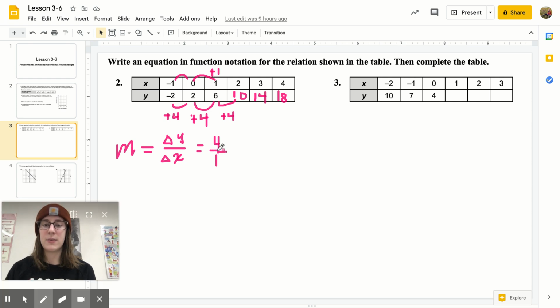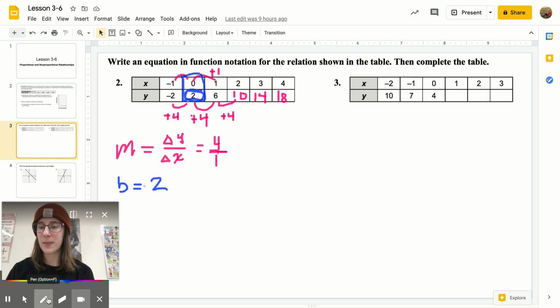Then we need to finish writing our equation. If I want to use y equals mx plus b form, I kind of want to know what my y-intercept is. My y-intercept is where x is 0. The nice thing about this table is I don't even have to figure that out. I have where x equals 0 right here. So my y-intercept is 2. So my b value is 2. These are some fun colors. Anyways,